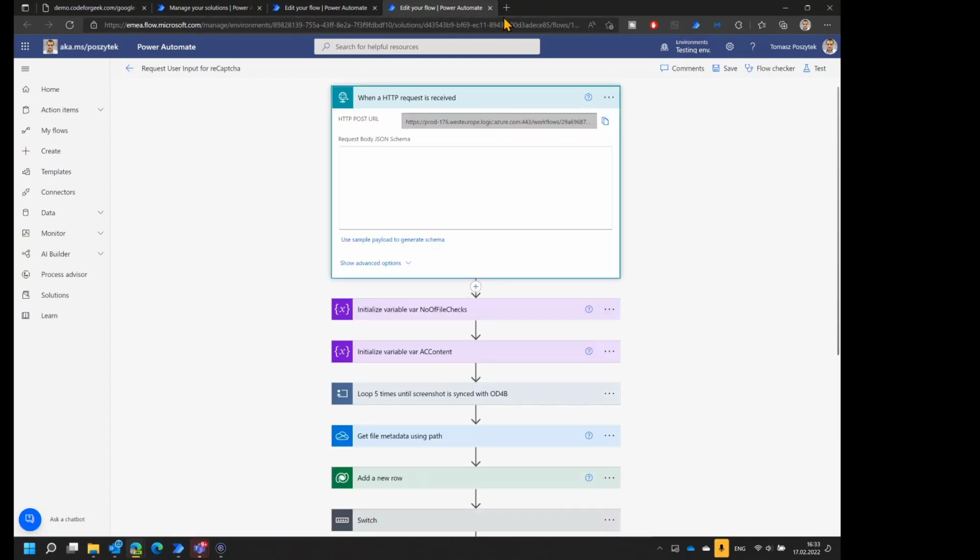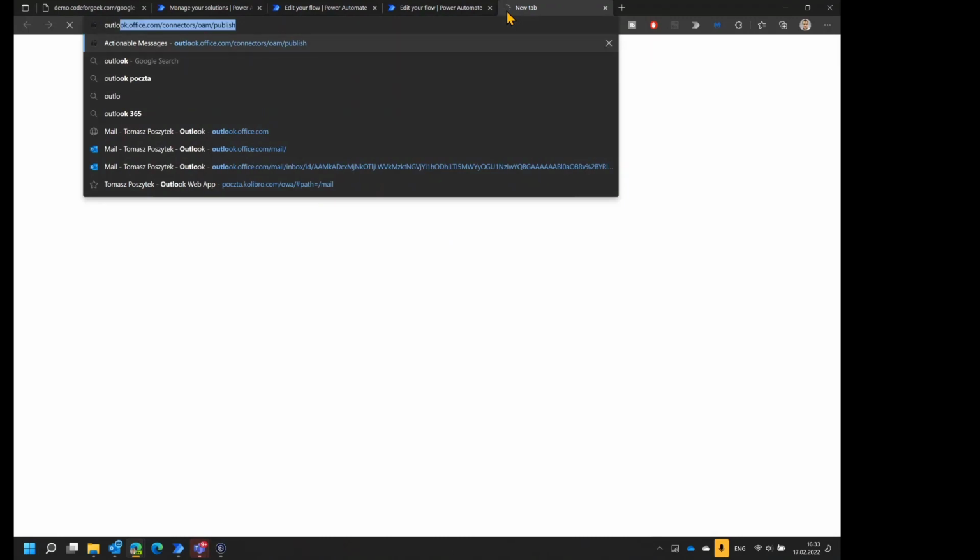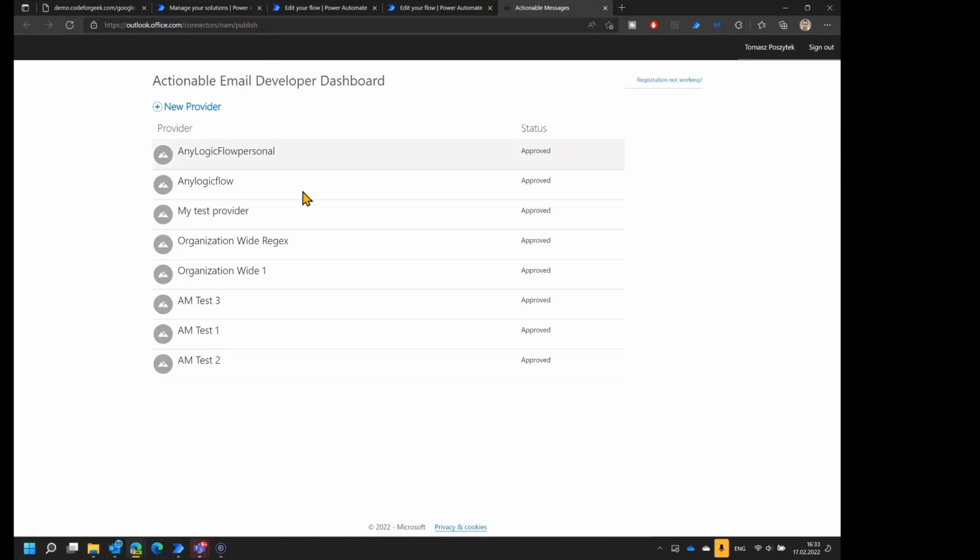You can do it yourself once you navigate to Outlook connectors, the URL that I'm just typing: outlook.office.com/connectors/oam/publish. Here you can register a new provider, and with registering this new provider,